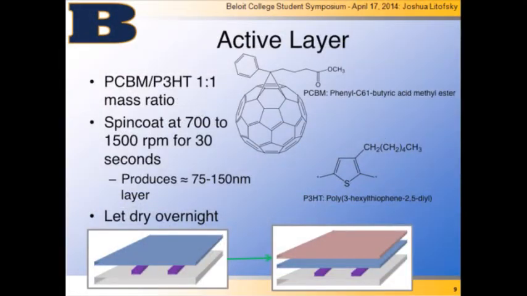PCBM is pretty cool. I see George in the back. I know he loves the buckyball. It's pretty much a buckyball, or C60, with a functional group up top. The buckyball has really good electrical conductivity, and this functional group makes it so you can